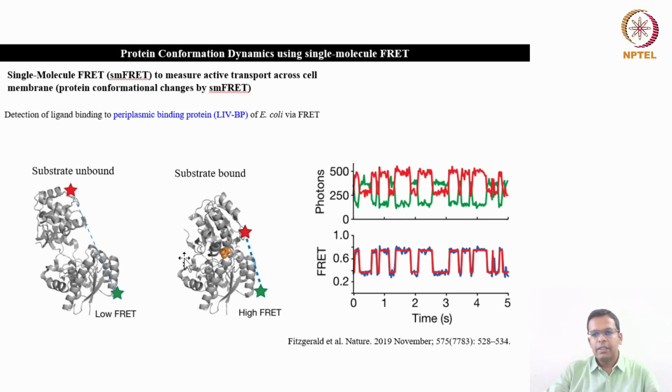If you want to see the dynamics between this open and closed conformation, what you can do is label one lobe of the protein with Cy5 dye and the other lobe with Cy3 dye, and then you can measure the FRET, how frequently these two domains are coming in close proximity with each other. When they are in close proximity, the FRET will happen and you will see the signal in the FRET channel, so you will see a peak. When they are far away, you will see a drop in the fluorescence intensity. This is how, using single molecule FRET, you can quantify the protein conformational dynamics.